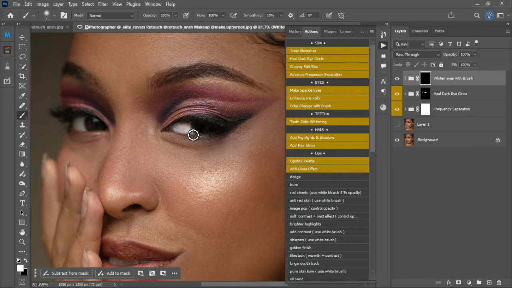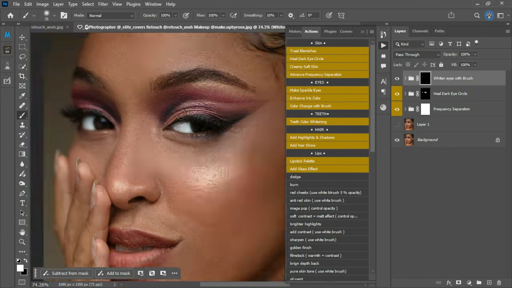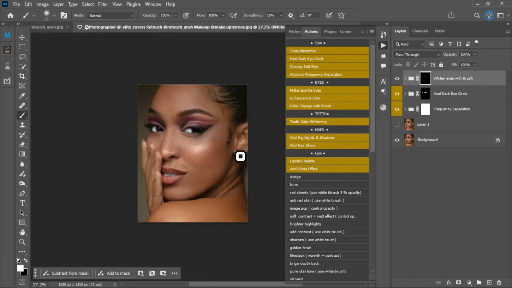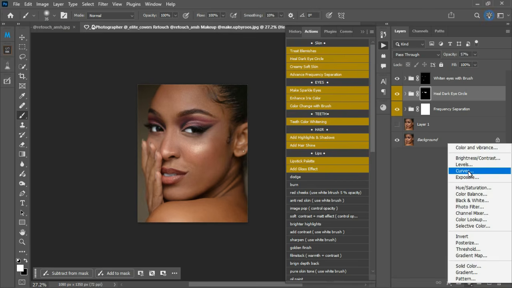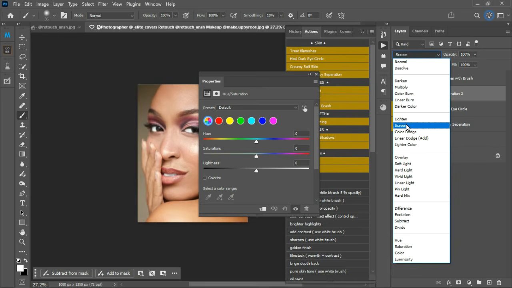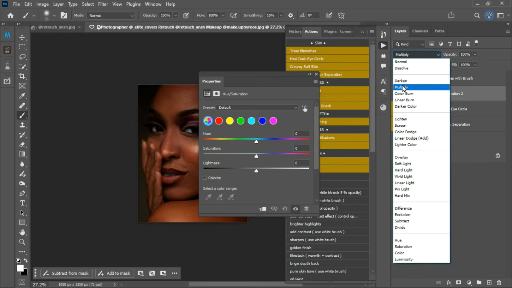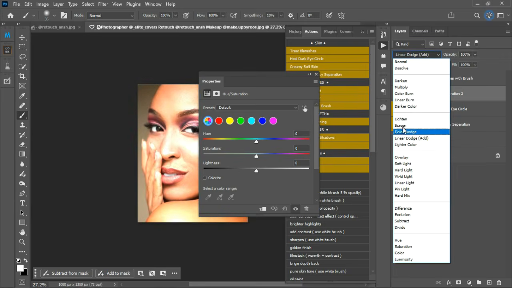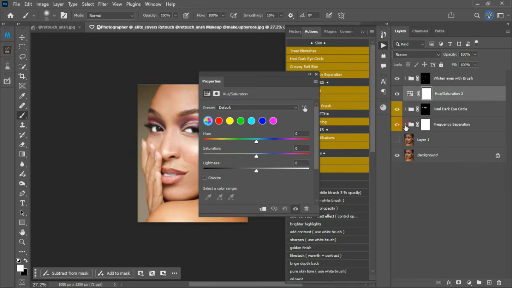So I'm just going to clean. You can see how it's actually working like magic. So here I'm just going to brighten up the photo a little bit by adding a hue and saturation and changing the blend mode to screen. It's just going to brighten it up. Multiply is darkening it. Soft light is giving contrast, so that's a thing you should note. Any of all of these should brighten it up. So let's use screen,